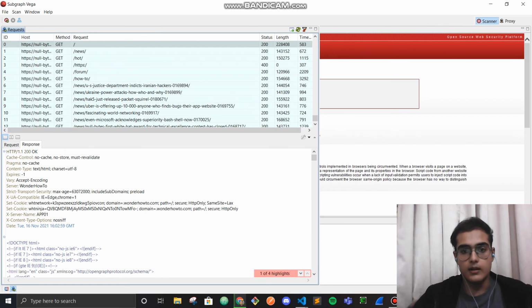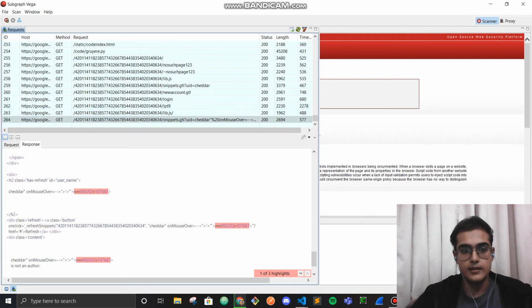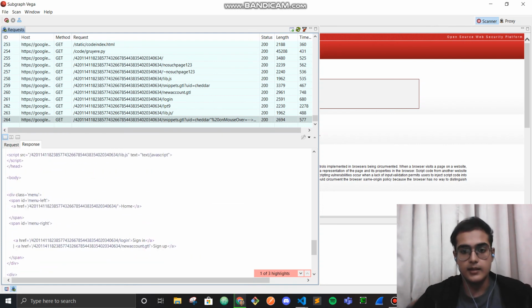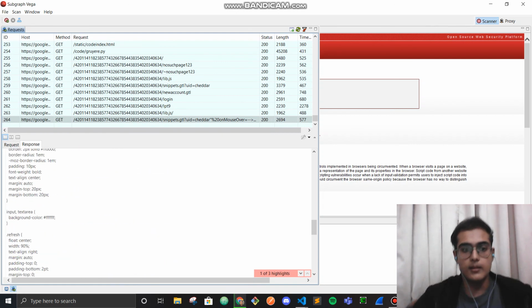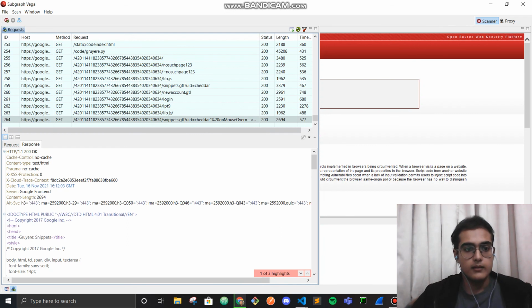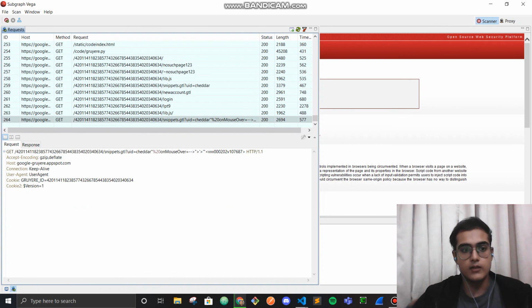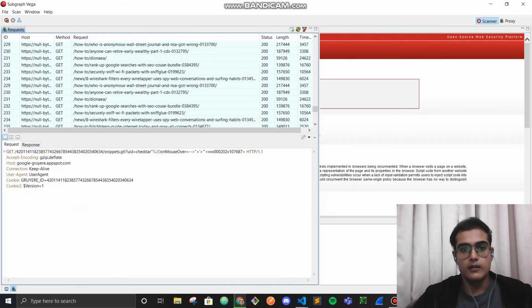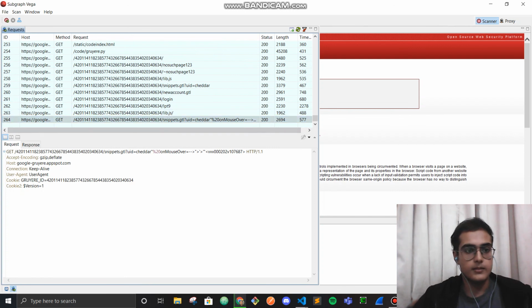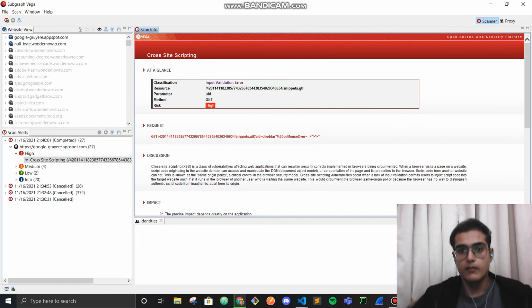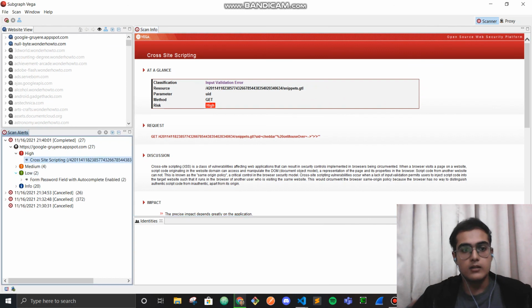It highlights all the areas which are the reason why it considers them as threats. Like here, all these areas are highlighted in the body, and we can also see the request which was made, and here we get the list of all the requests. We can also toggle into all the other threats which we scanned.